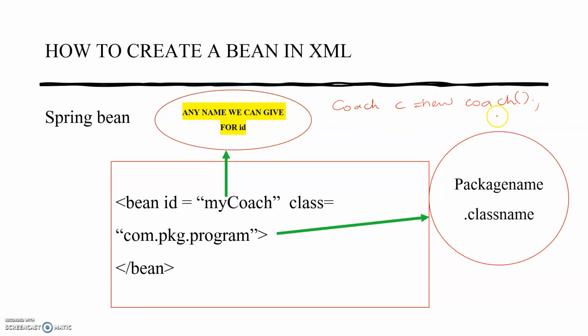Now we are creating an object in Java by using the new operator. This object is going to be initialized by c, right? Similarly, in the Spring Framework, we are going to create an object by using a bean. Bean id, you can give any name for the id, similar to your reference variable. And then class equals package name dot class name. Your container needs to understand which respective class we are going to create this bean object from. That's the reason we are using the format of package name dot class name.